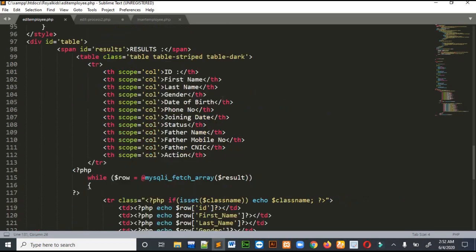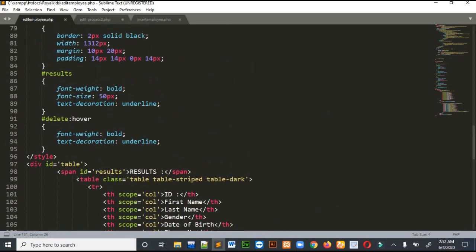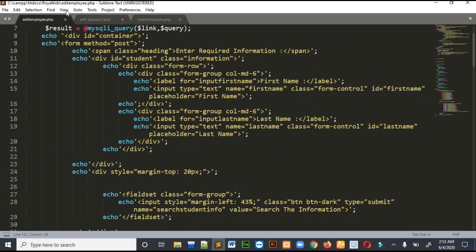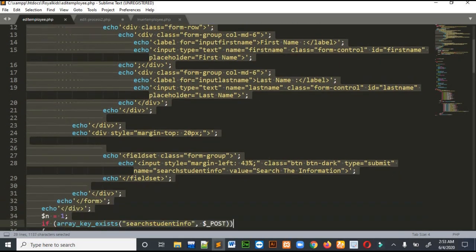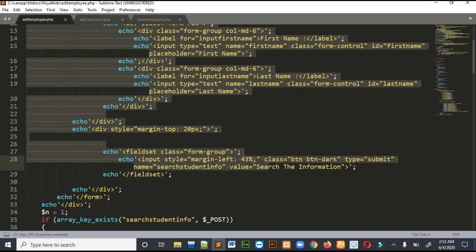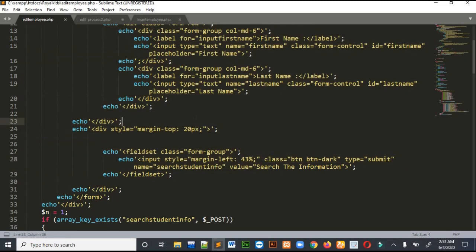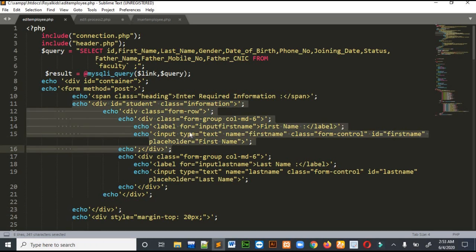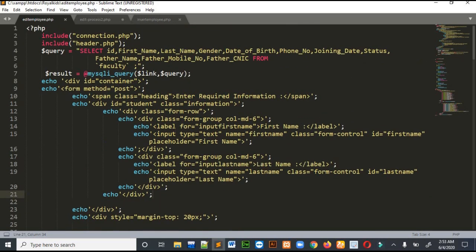So let's go to the next page. Before going to the next page, I have to show you how I placed the filters, okay. So this is the form for filters. You can write the form in HTML. I don't know why I wrote it in PHP, but I did. You can write that form in HTML, which is a more efficient way. I may write this form again in HTML when I get the time.